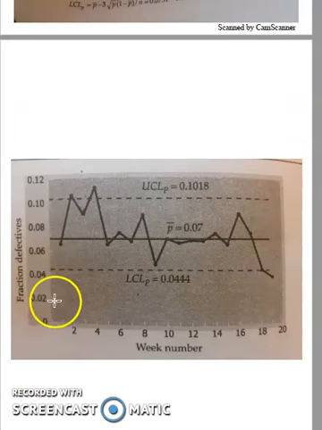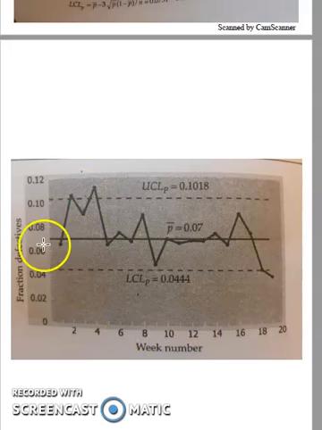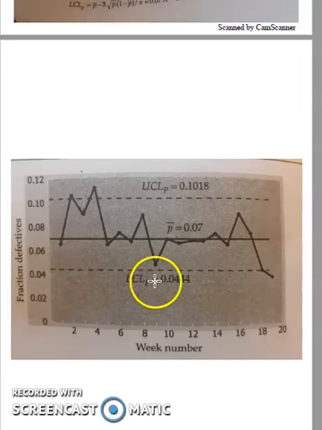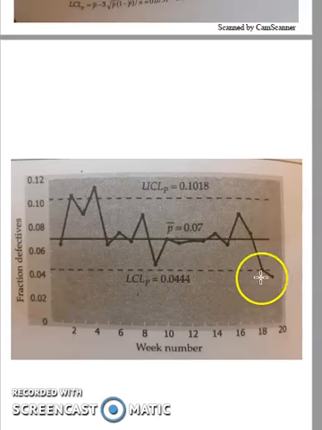First you have to choose a proper scale. Here you can take 0.1 fraction as 1 centimeter, meaning 2 centimeters, 4, 6, 8, 10 and 12, and here you can also take 0.5 as 1 week. In this way you choose a proper scale. First you draw the mean line, or average P bar line, and after that you draw the upper control limit line and lower control limit line. You can show the upper and lower control limits by dotted lines.